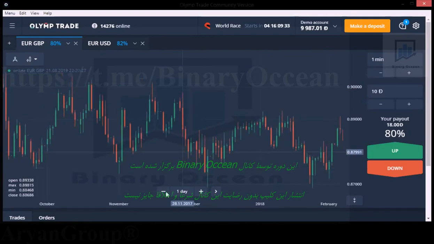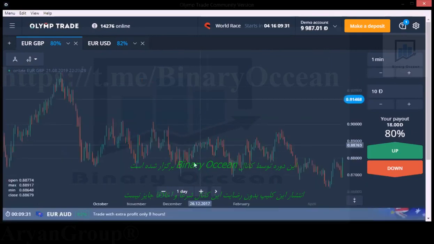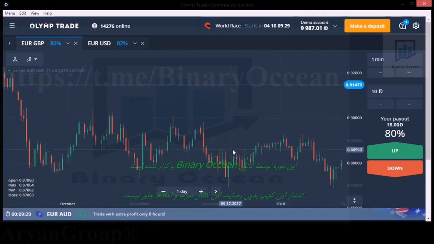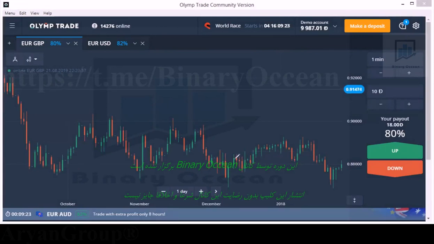Okay, you can see the market here. We can't enter into the market because it is a bad market here, with so many doji candlesticks, so many wicks, and weak movement. Sometimes we are seeing doji candlesticks also. No movement in the market. Yes, this is a bad market, but if you want to enter, you can draw a trend line. If you draw a trend line, then you will come to know the entry point clearly.